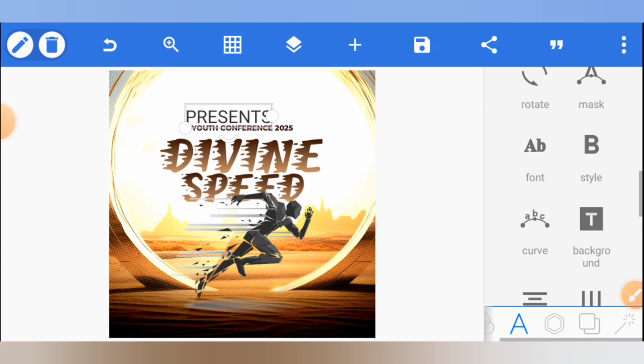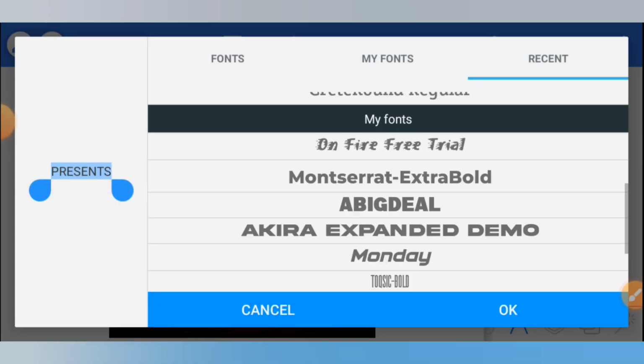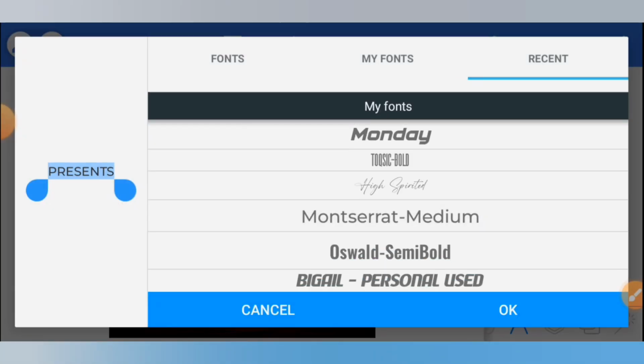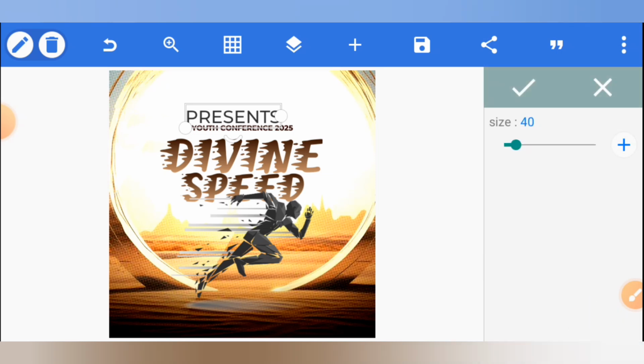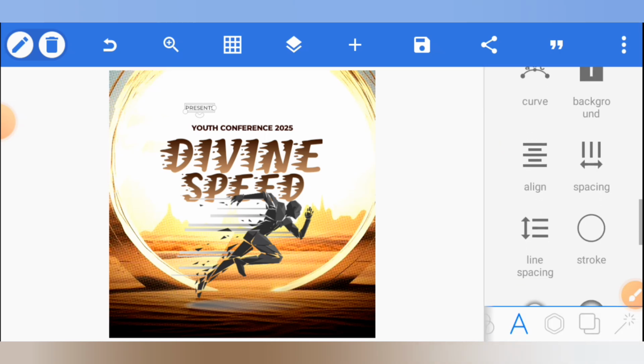After that, you go to font. I use Montserrat regular for that, or Montserrat medium, and then you change the size to 12 or below 12. So I use 12. Let me change. You will now go to